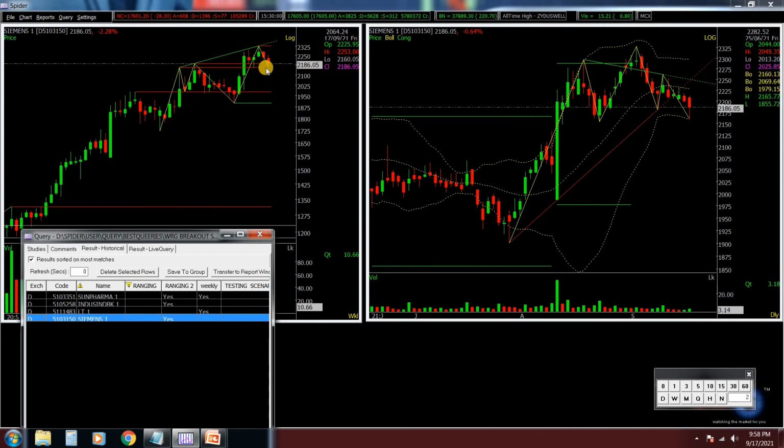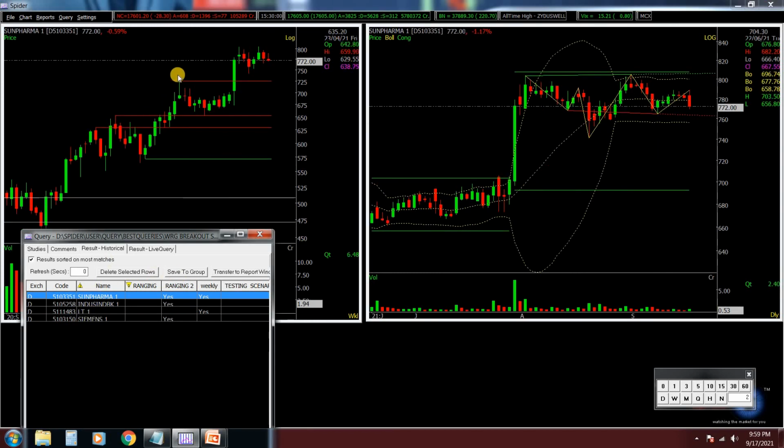Siemens, 2236 was the closing of September 9th. In the next session, the stock has not broken its previous 3 days high or 3 days low. Here also it has not broken. In this session, the stock has made a new low on 15th and the closing was below its previous day's close. So we cannot build a position here in the Siemens. The entry is not confirmed based on the daily chart.